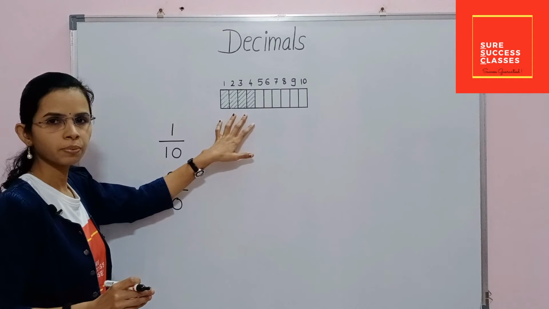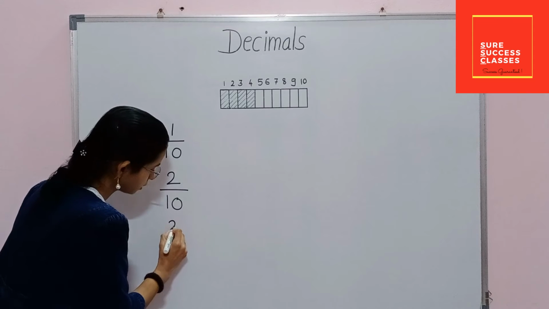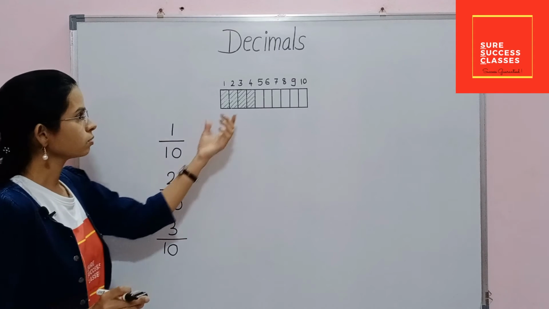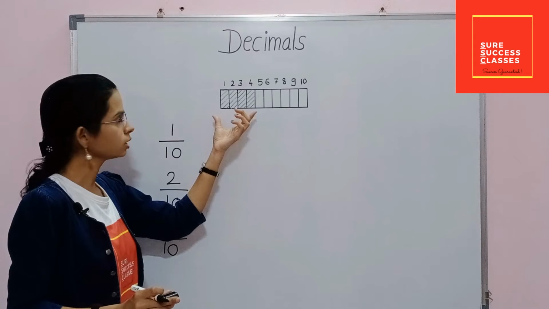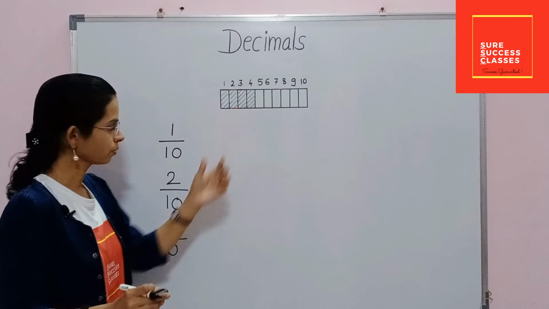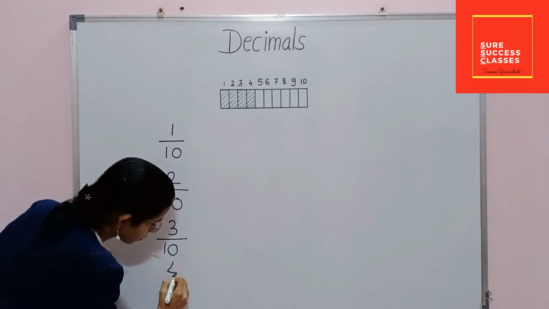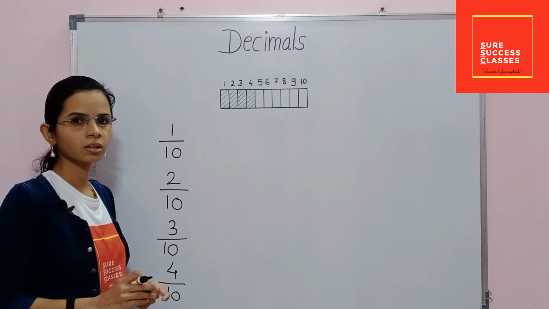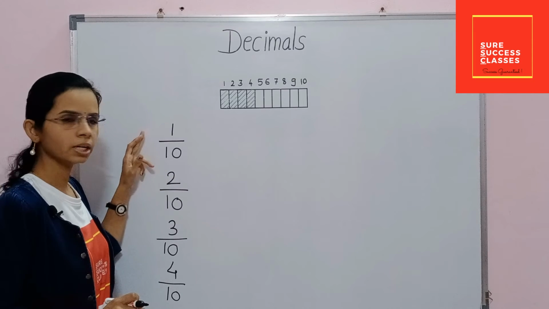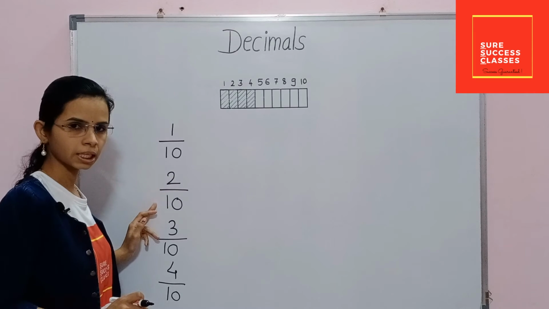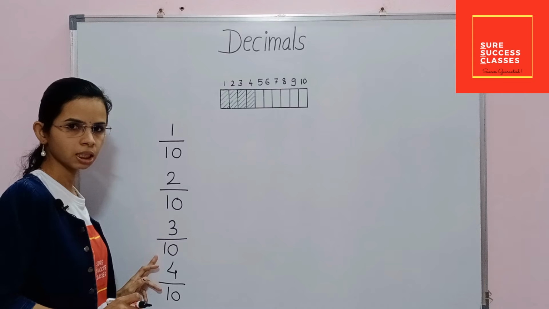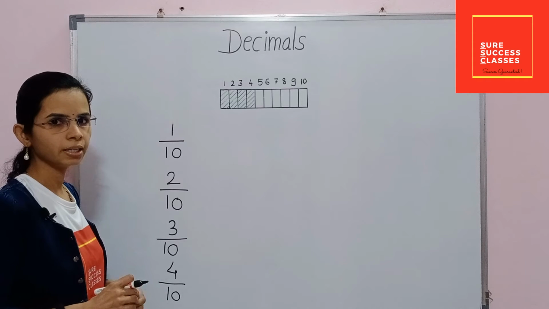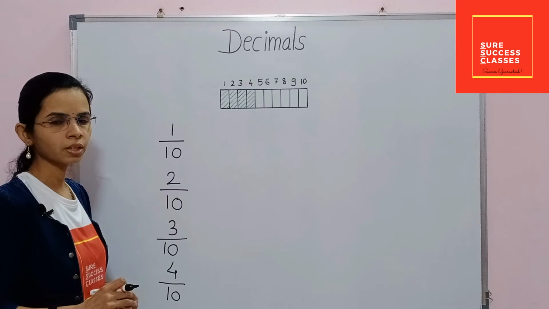Similarly, for 3 parts, the fraction will be 3 by 10, and the fraction for these 4 shaded parts will be 4 by 10. We read it as 1/10, 2/10, 3/10, 4/10, and if we write them in decimal form, at that time